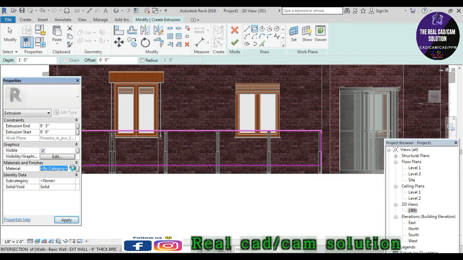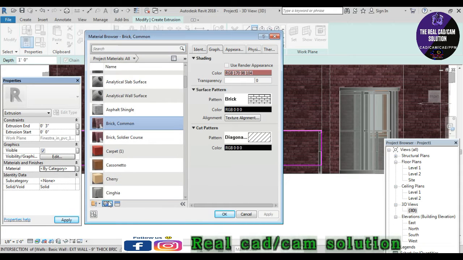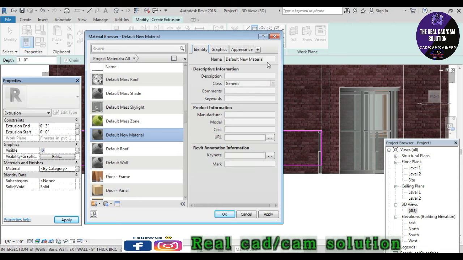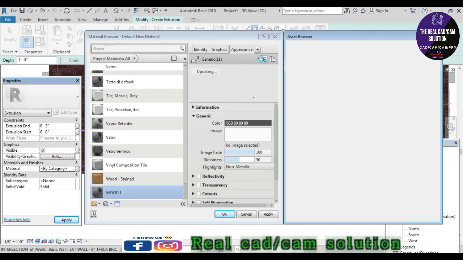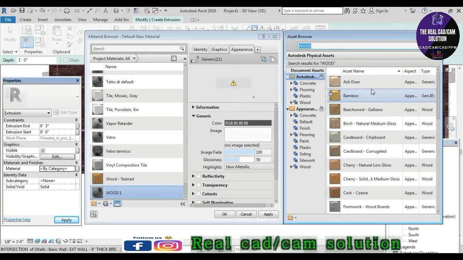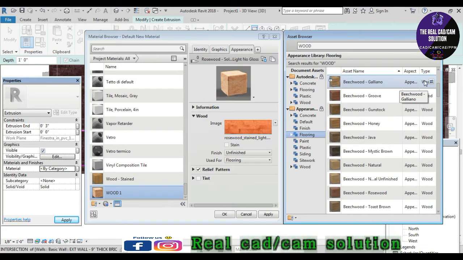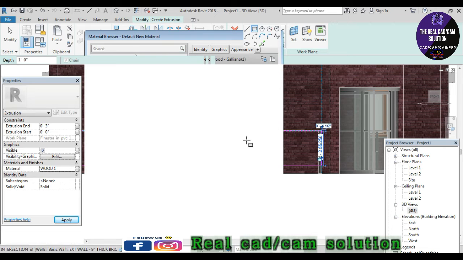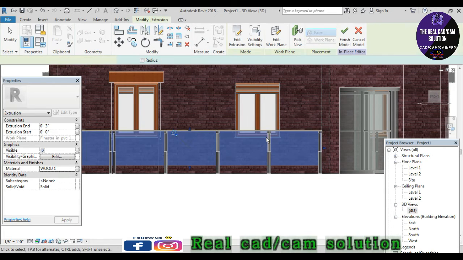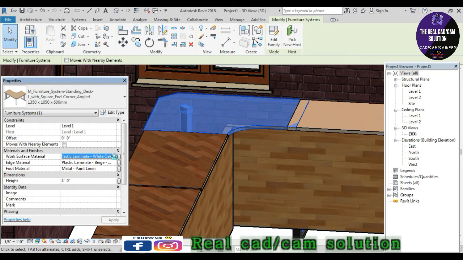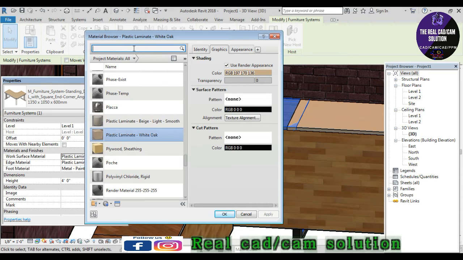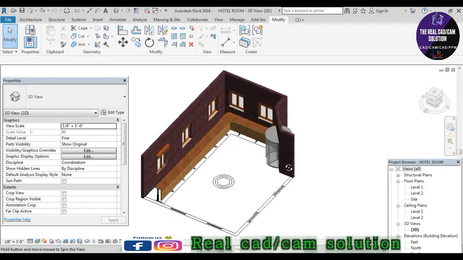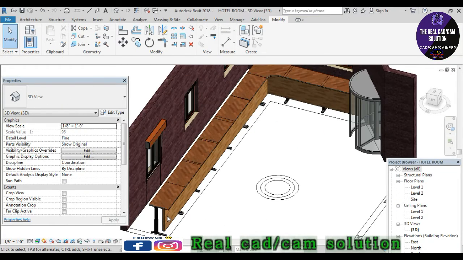I choose the material. It's a perfect material that I use for fantastic rendering. The material must be wood. It's a common one, like beech wood. It's nice to see in rendering. I apply OK. Okay, it's finished. Just stick it over here. Completely alright to finish this. And then rotate like this. Okay, it's nice, very nice.